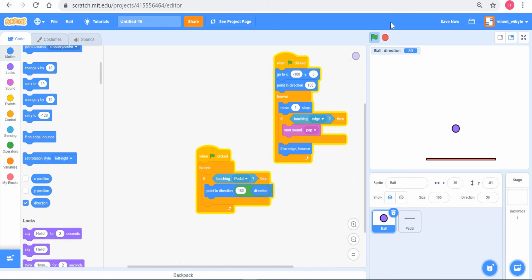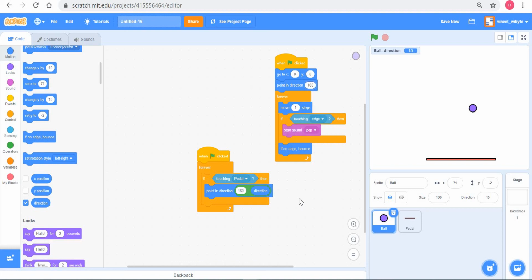We can try this again. I'll move this to the center. Perhaps we'll make it go at 165. So the ball is going at 165. Notice it touches the pedal and the direction became 15, because we changed the direction from the original direction to 180 minus that direction.